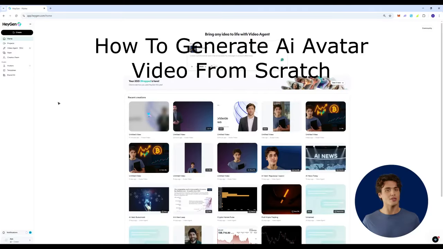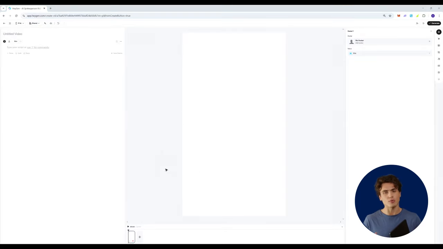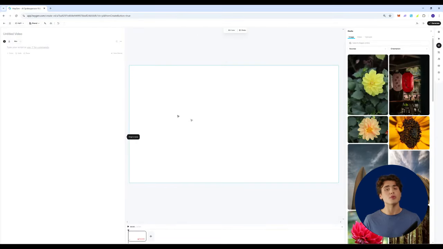If you want to create a new video from scratch, click on Create, Create a Video, Create in AI Studio. The new window will appear, and here you can choose your video format. If you would like landscape or portrait, you can choose your background from the media or just simply upload the background. I'm going to upload from my computer,